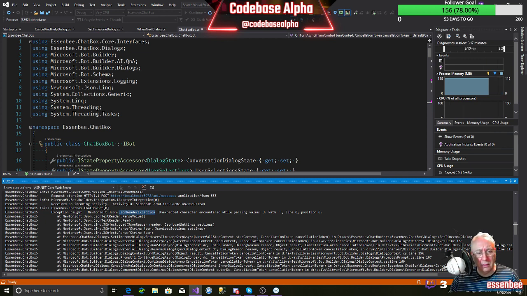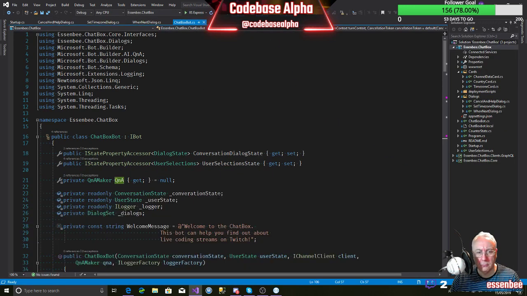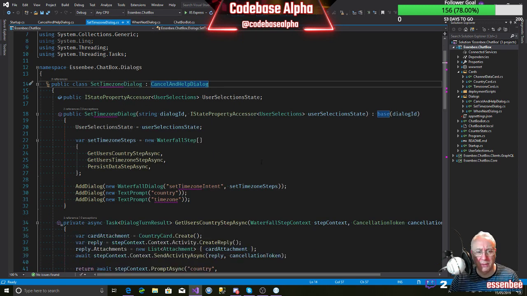So basically, wherever we're parsing JSON is where we're expecting something to come in from the postback event, and actually, it's not sending JSON, it's simply sending text through. And so of course the JSON parser is failing at that point. So we need to have a look at where that's actually happening, and that is happening in the set time zone dialog, which is where our adaptive cards are living.